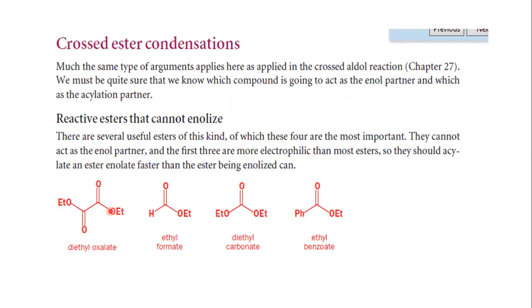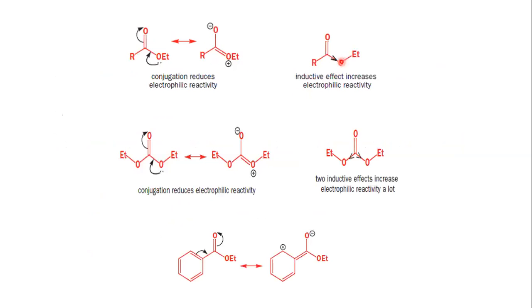The advantage with this compound, diethyl oxalate, was there were two very different inductive groups which have a very high minus I effect. That is why the net effect was even larger, and it is the most electrophilic among the four. So ethyl formate has one ethoxy group that gives the minus I effect, due to which the electrophilicity increases.